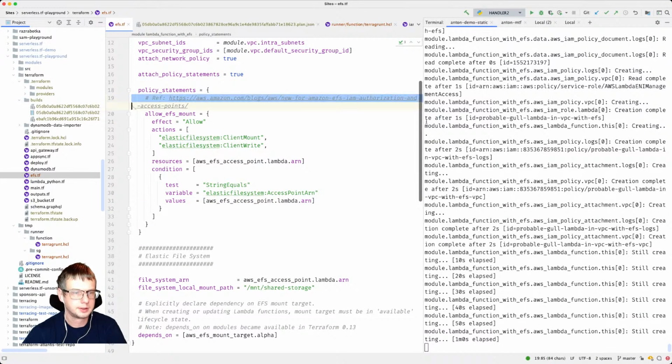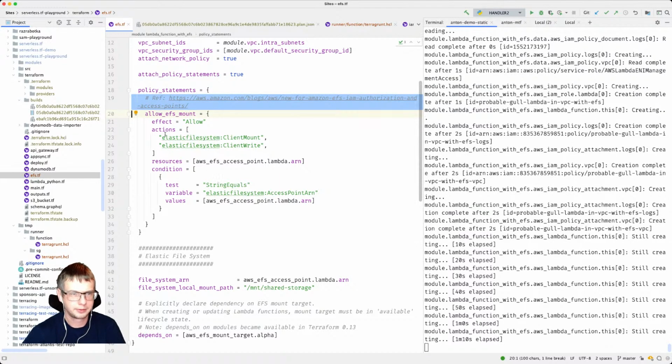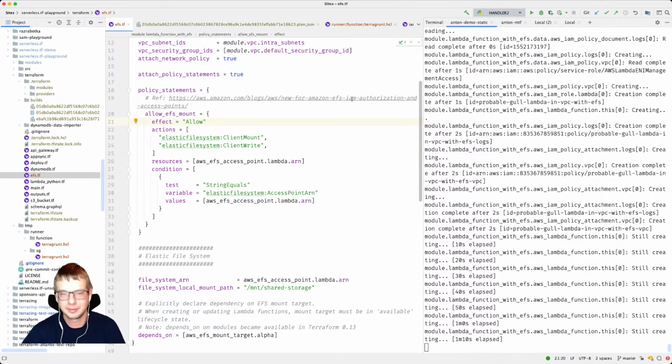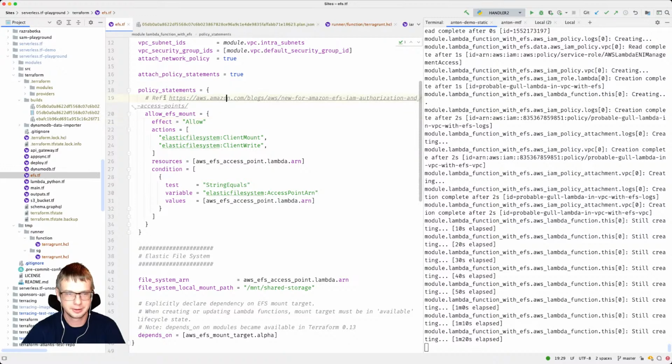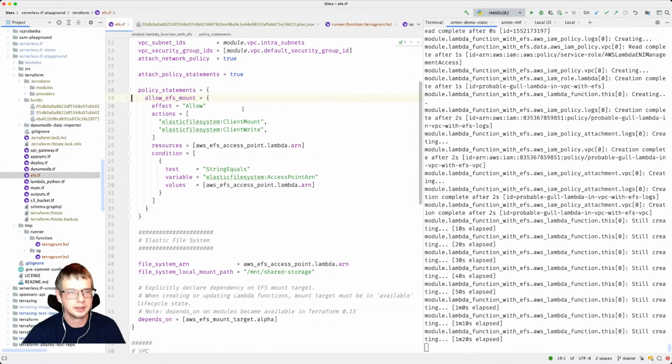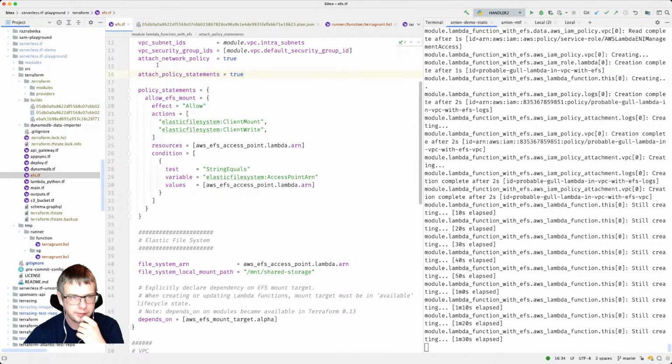So this is not needed. I sometimes put some references for myself when I develop something, but then I forget to remove them because I think that they belong here so organically. Like in this case, it's like, hey, how to do this stuff with IAM authorization? Here you are, you click on this link. Well, anyway. So attach policy statements will just create a couple of IAM resources, and yeah, it will be